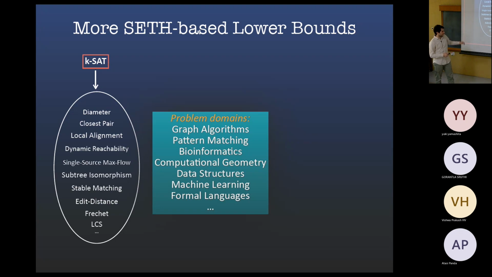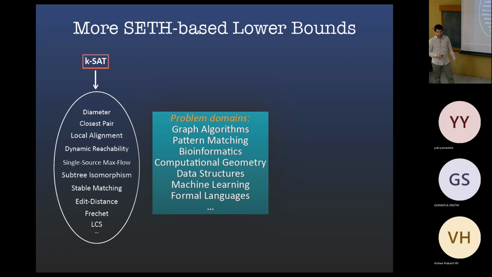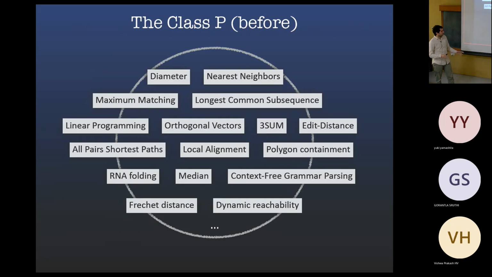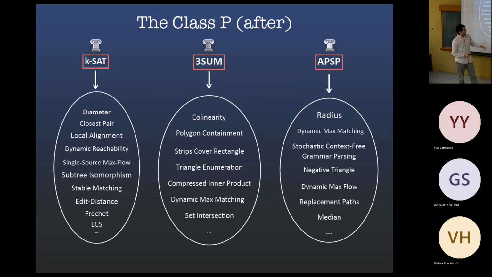So yeah, this class is a very big class, with a lot of problems in P. Before these reductions, this was a mess. There are all these problems, each one has a polynomial time algorithm. You want to work on a problem, you don't know which one to work on. You pick one of these, get stuck, go to the next one, and so on. It was a mess, and now with these reductions we can draw a nicer picture.